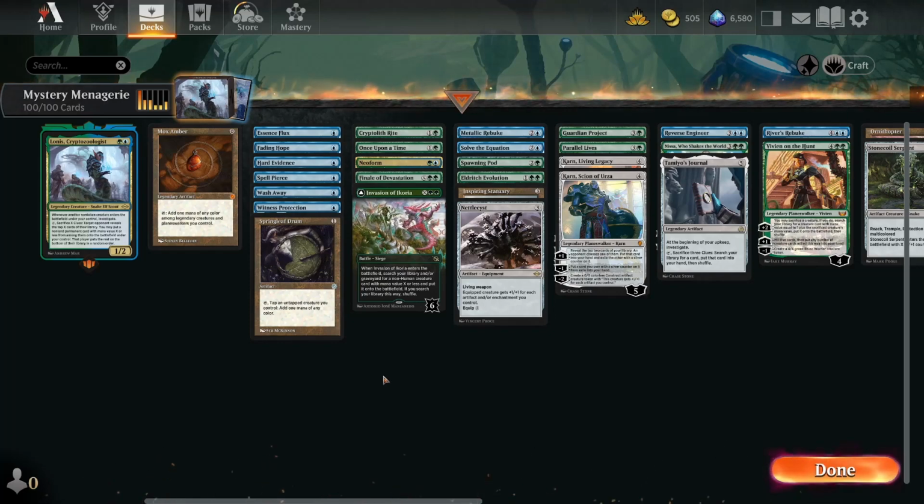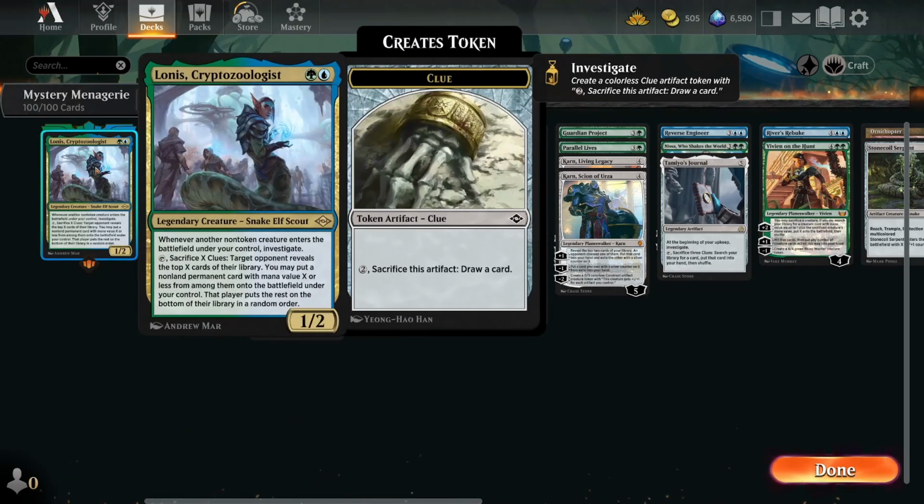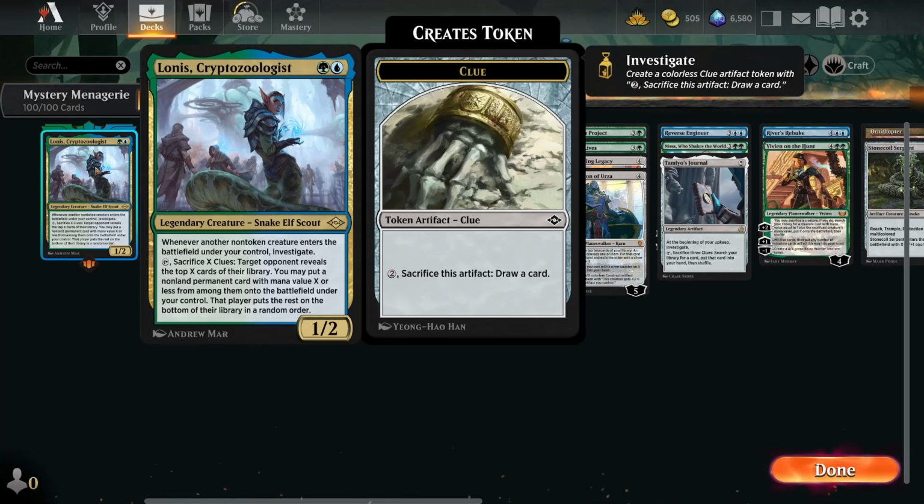Hello everyone, today we're going to be hopping back into Historic Brawl with Lonis, Cryptozoologist. Now, Lonis is going to create a clue token for us each time we have a non-token